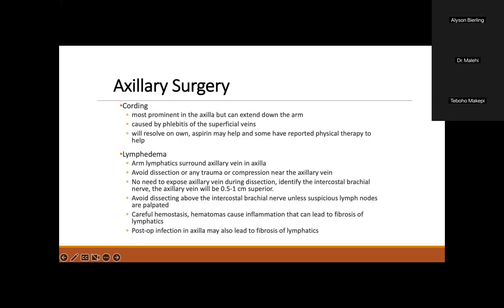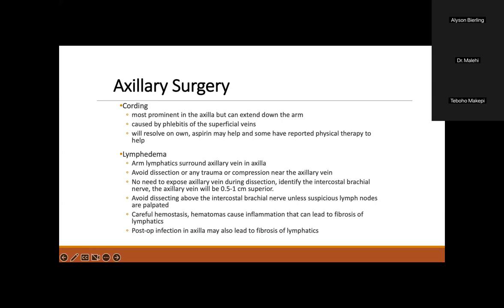And just keep in mind constantly as you're doing the axillary dissection to stay away from those lymphatics unless you have to go there because there are suspicious feeling nodes. If you feel any nodes up there that feel suspicious, you have to take those out. And